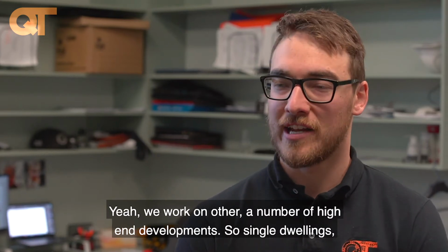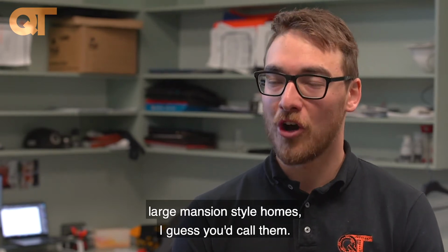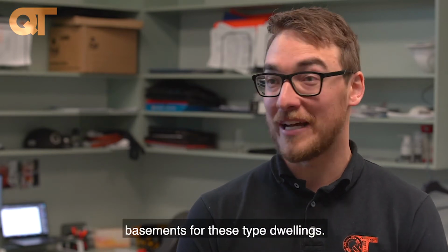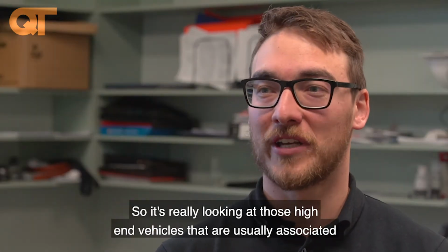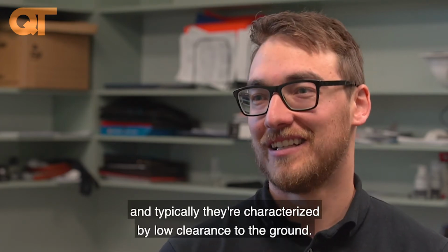Yeah, we work on a number of high-end developments, so single dwellings, large mansion-style homes, I guess you'd call them. There's some particular things you need to look at when you're designing basements for these type dwellings. So it's really looking at those high-end vehicles that are usually associated, and typically they're characterised by low clearance to